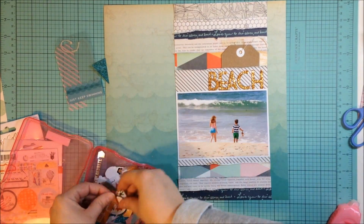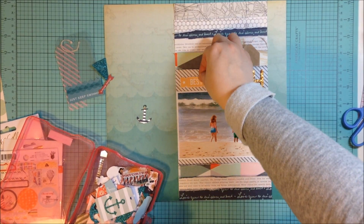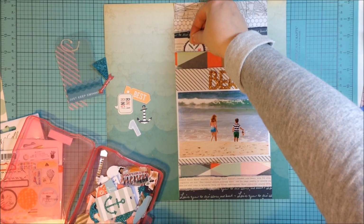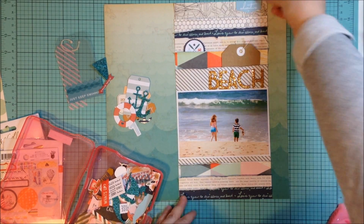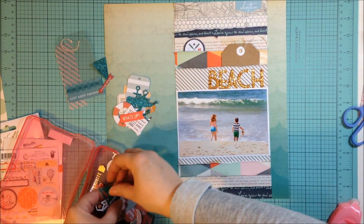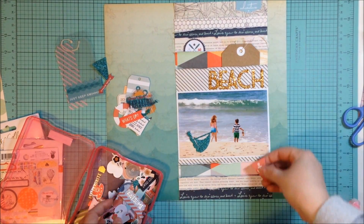I do go through my pink paisley. I remembered that I had a die cut pack from their Hello Sunshine collection, and it's all kind of beachy, anchors, sailboats, and things like that. So I'm going to go through and pull out a bunch of stuff from that pack, and a lot of things end up working. And I'm pretty sure that the video cuts out